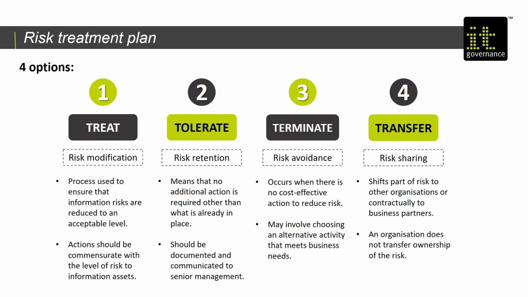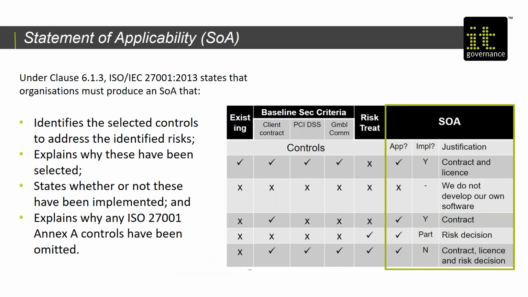If you want a bit more insight into that approach to audit that I've just described, I would suggest ISO 27007, published in 2017, which is auditing an ISMS. ISO 27007, that is worth a look. So 4 options there, and I'm suggesting that auditors should be aware of those and the risk treatment plan when auditing controls. Moving on to the SOA, Statement of Applicability,